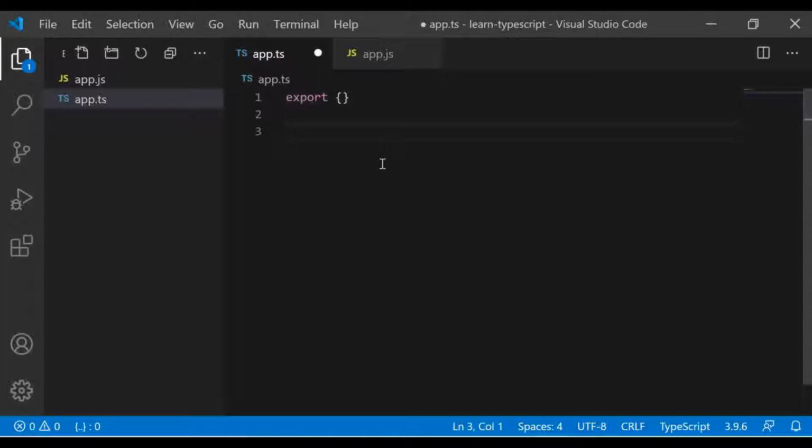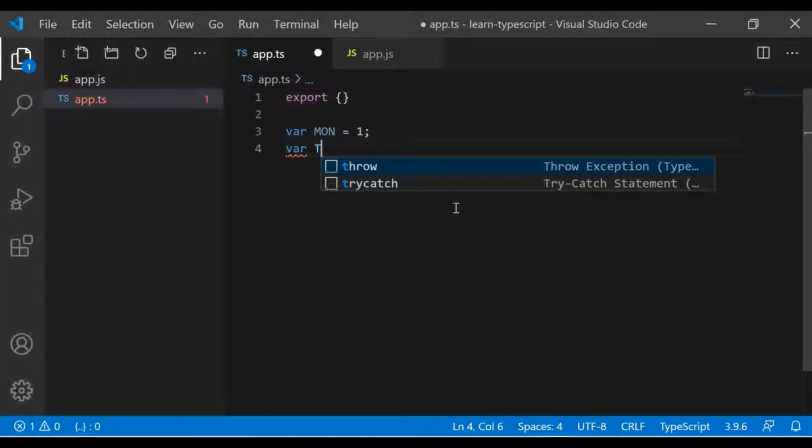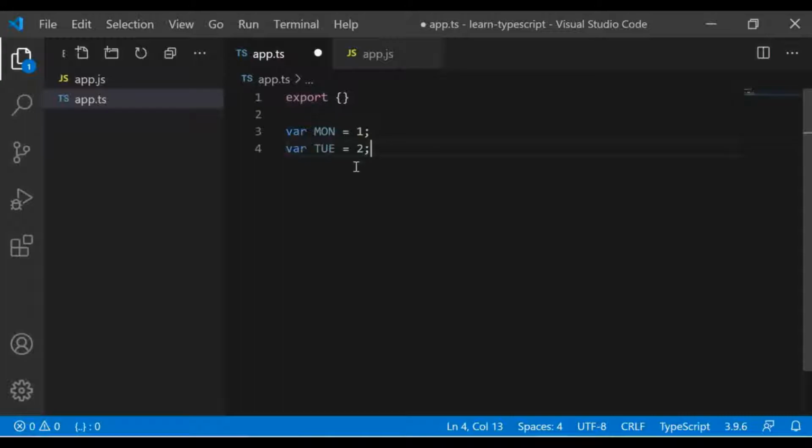There are few constants like colors in rainbow or days of week like Sunday, Monday, Tuesday. These are constants, but they don't belong to this integer or string or all these things. So we can implement it like this, of course, like mon. Okay, imagine we need to assign an index to all of them, so you can always do like this, assigning them explicitly, but this does not look good and this is not easy to maintain. In TypeScript we can create an enum. Let me show you how it is done.